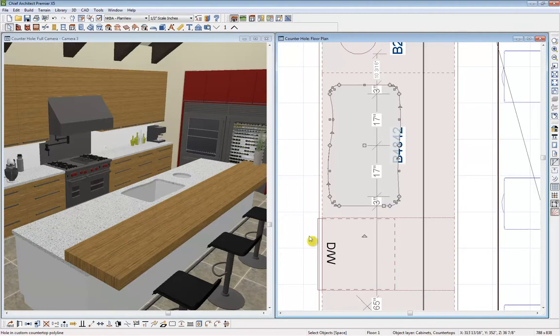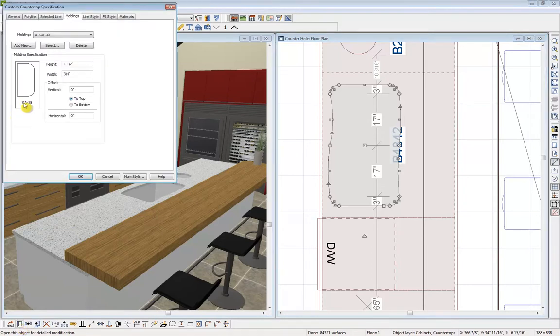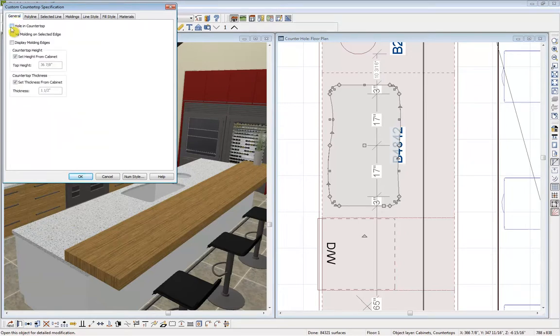in here. So I'm going to go down and click on my copy and paste tool. This is the copy and paste in place, so we don't have to drop it anywhere else. It'll just be pasted right on top of itself. And I'm going to open that up, delete the edge, and uncheck hole in countertop. So we're going to make this a solid again, and I'm going to change that, let's do 34 and a half,